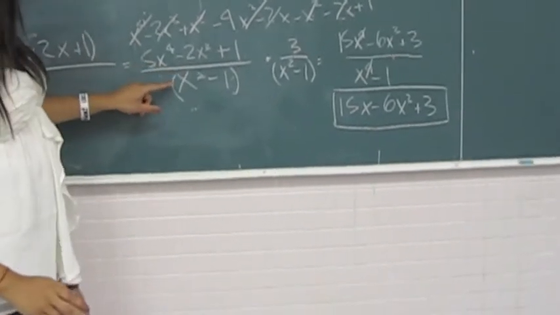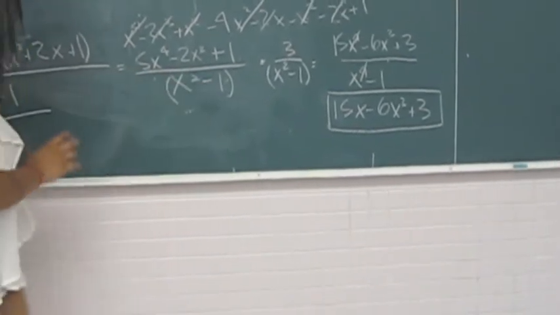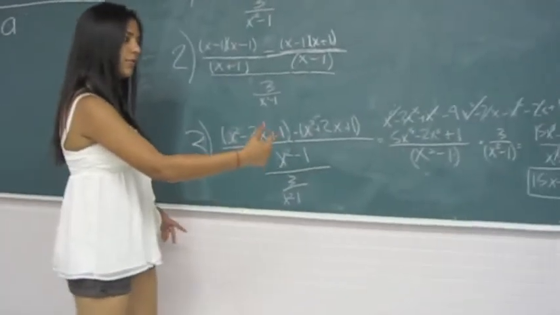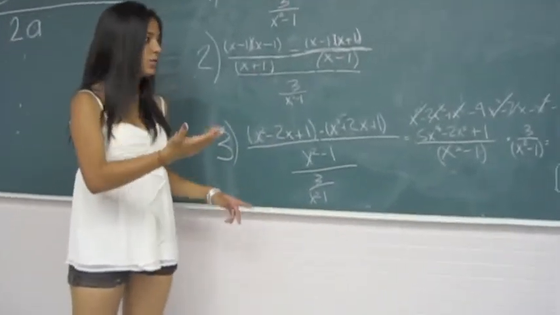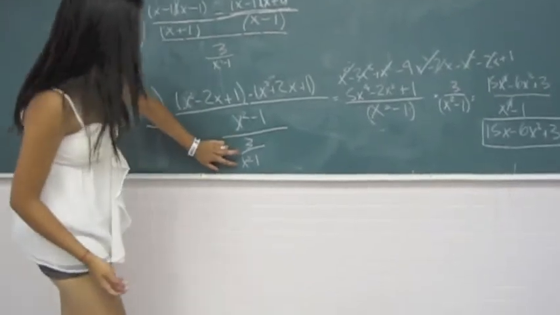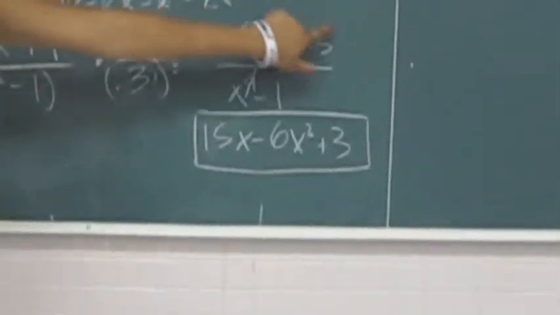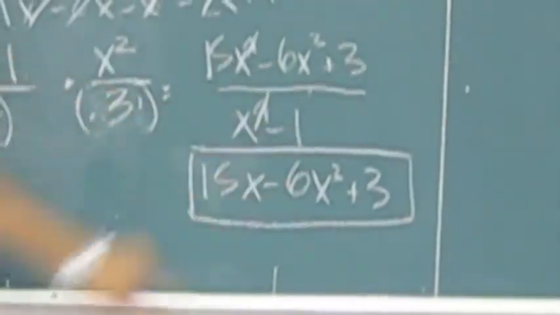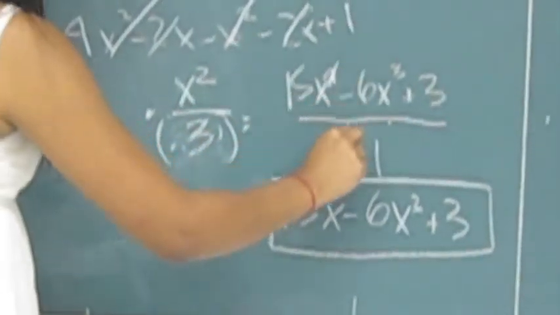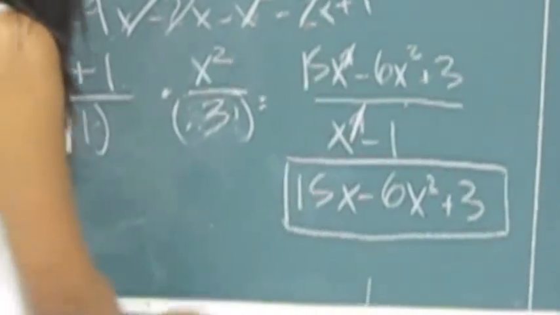Then we had this over the denominator, and then to divide a fraction, what we need to do is flip the second fraction to divide it. So here we flip, it gave us then this other polynomial over this denominator, and as we canceled the exponents, it gave us our final answer, which is